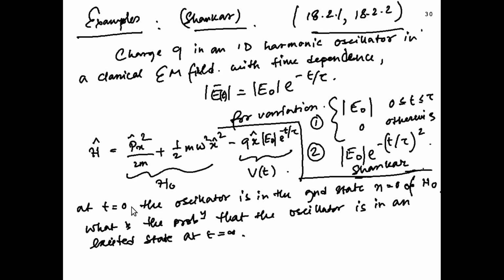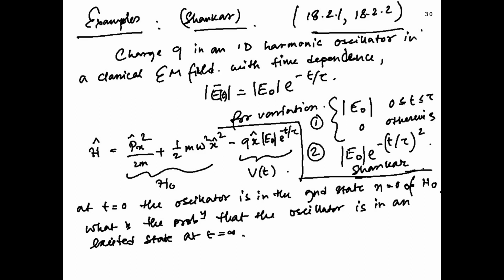Okay. So now let's look at the time t equal to 0. We expect that, as we played this game before, we put the oscillator in one of the states of H0, the unperturbed Hamiltonian. That is not necessarily always true in a practical system. In a practical system it will be an arbitrary state, which can be written, because it's a complete set of states, as a sum with some coefficients of all the other states, which we have discussed before.